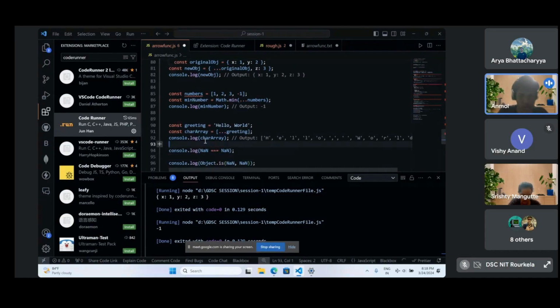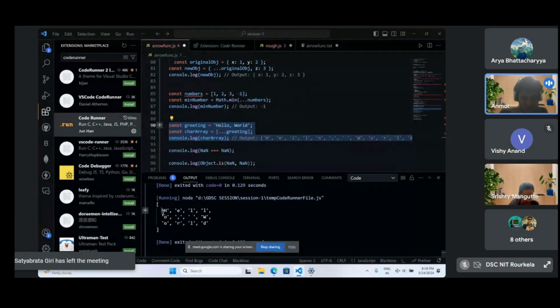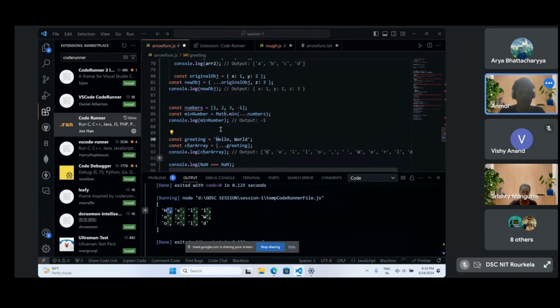The output we will be getting is these character elements inside this array. So this is a way by which you can understand how the spread operator works. It gives all the elements, like these characters, as elements in this array.